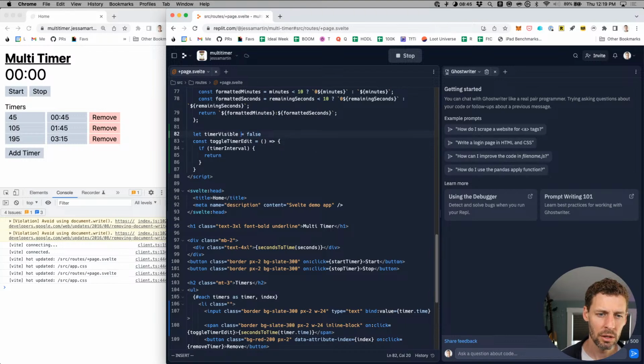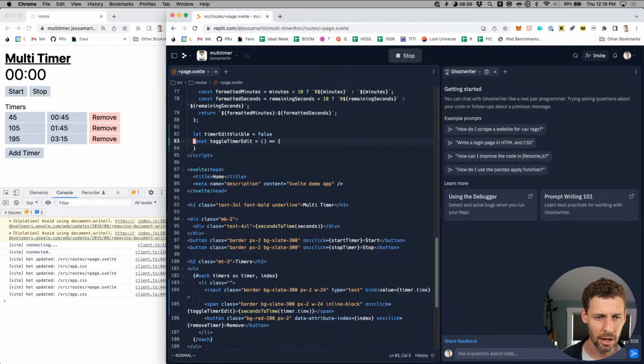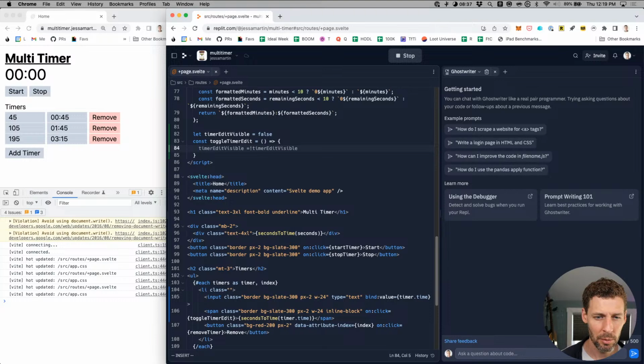Timer edit visible equals false. Ghostwriter did not do a good job predicting, but I've given it a little bit more information now. What? Equals not? You can do that? Oh, okay. Yeah, that works. I read it wrong. When it jumped onto that, I was like, wait, isn't that? Okay.